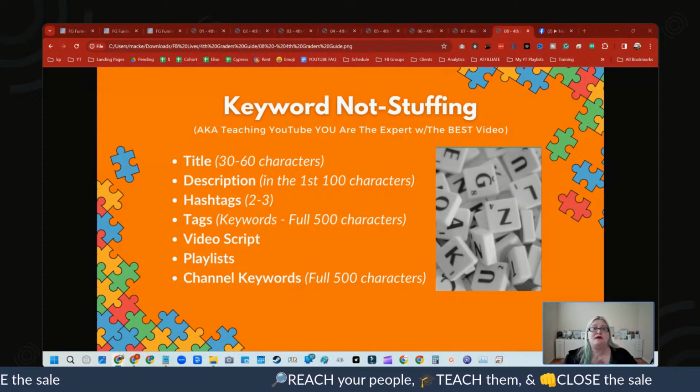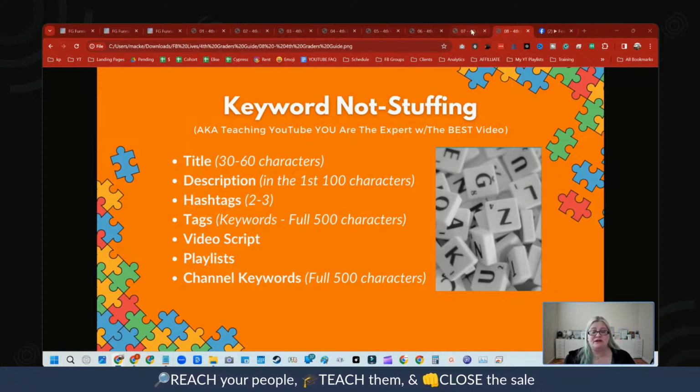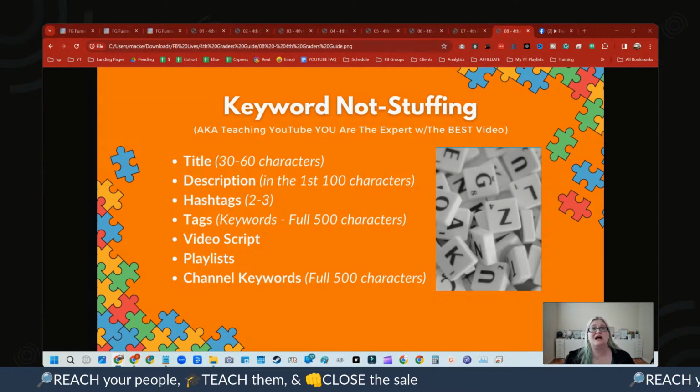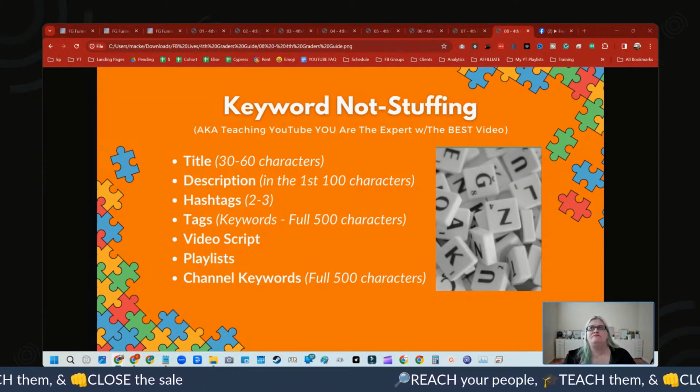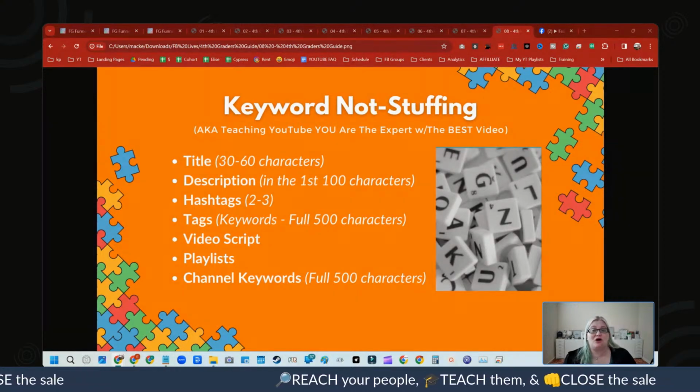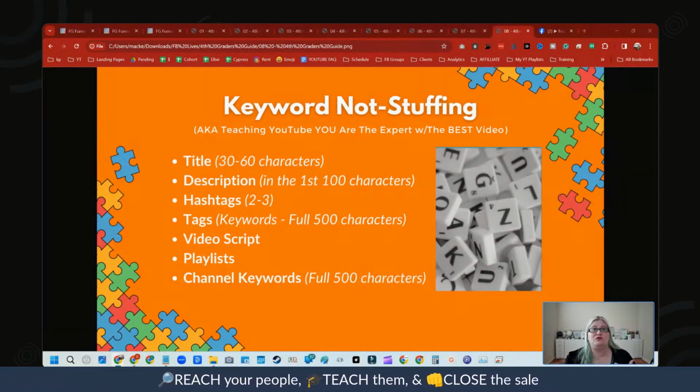And so some of you may be familiar with this idea of keyword stuffing. That was a big deal back, maybe 10 years ago, where the algorithms that were being used weren't all that smart. And so people would just make a website and they would put as many keywords on the website as possible in order to get someone to find their website. And it was something that spammers kind of did, and you would end up on websites that really didn't have any information and were just kind of junk. That doesn't work anymore,